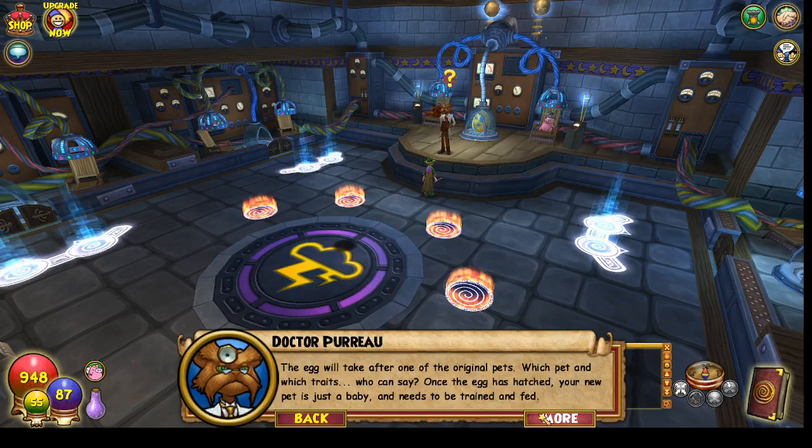A new egg! If 2 wizards work together, they'll hatch 2 eggs. The egg will take after one of the original pets. Which pet and which trait? Who can say? Once the egg is hatched, your new pet is just a baby and needs to be trained